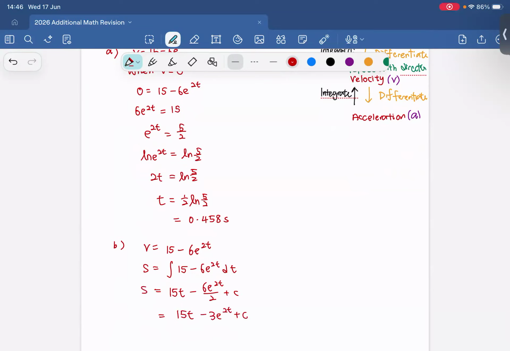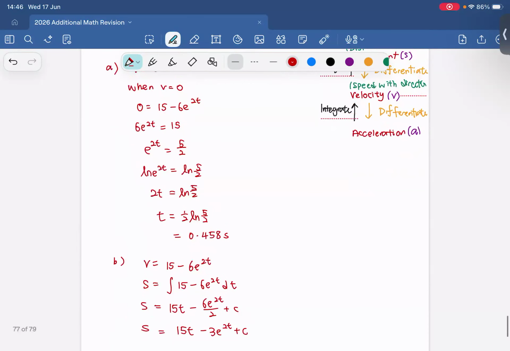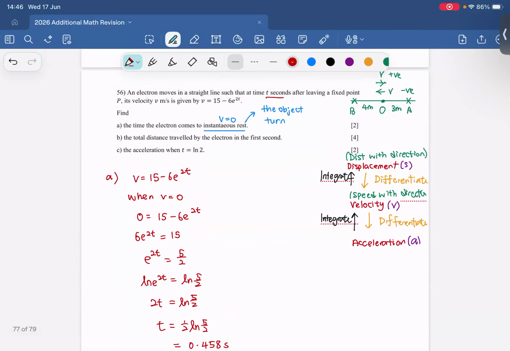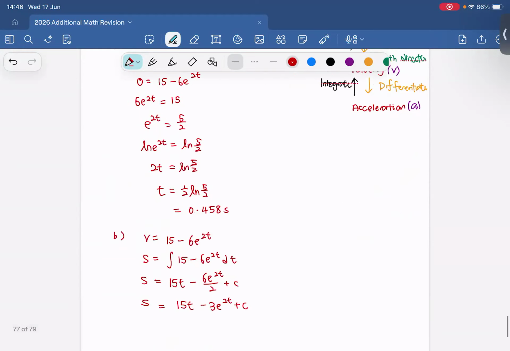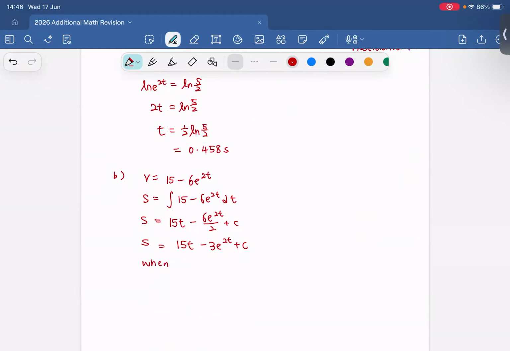How do we find the c? We read the question: t seconds after leaving a fixed point P. So that means when the object is at P, the displacement is 0. The time is also 0. So when t is 0, s is 0, 0 equals minus 3 plus c. So this tells me c is actually equal to 3. So this is my